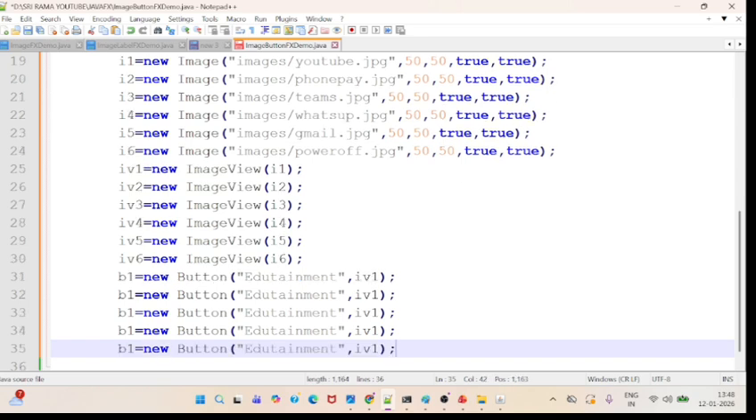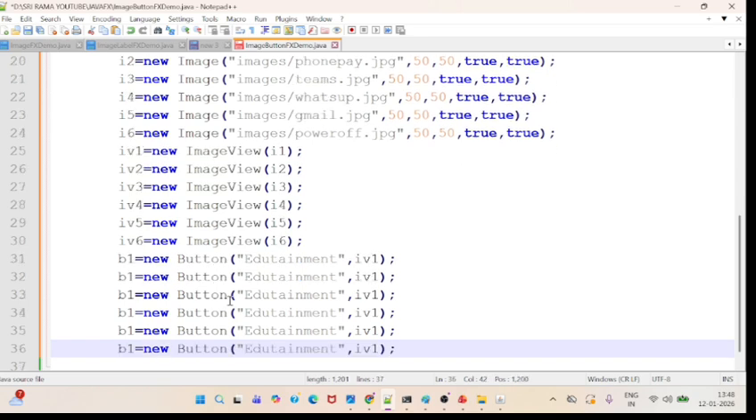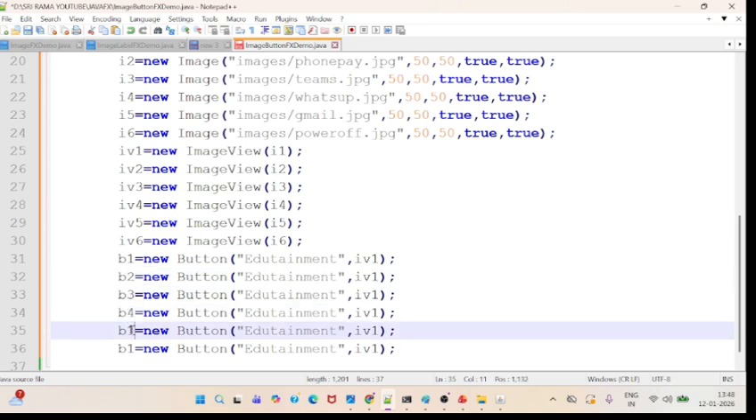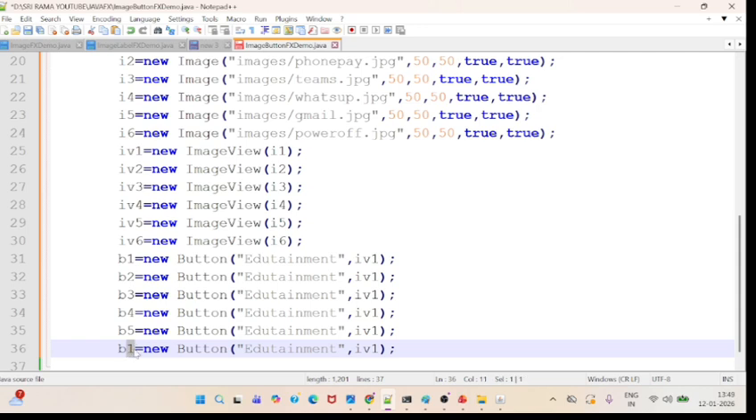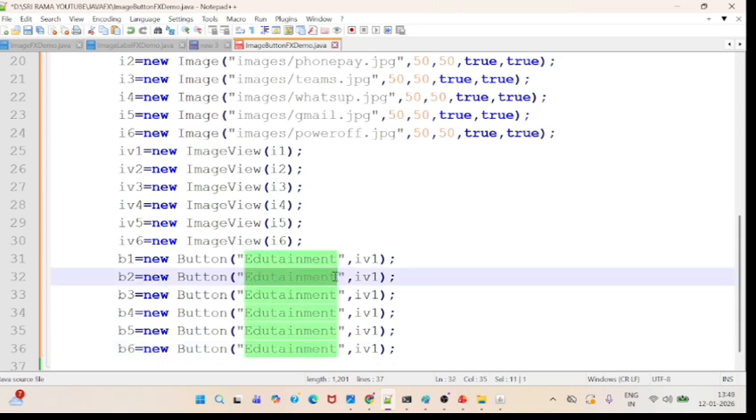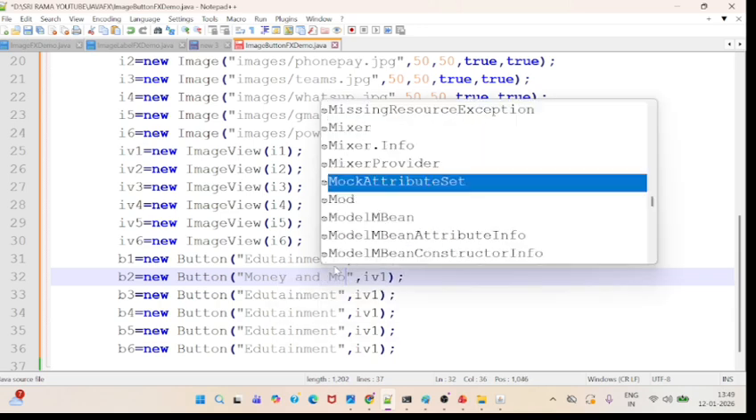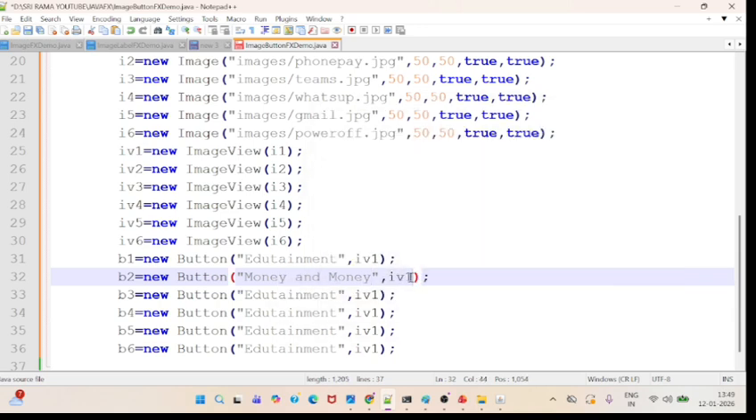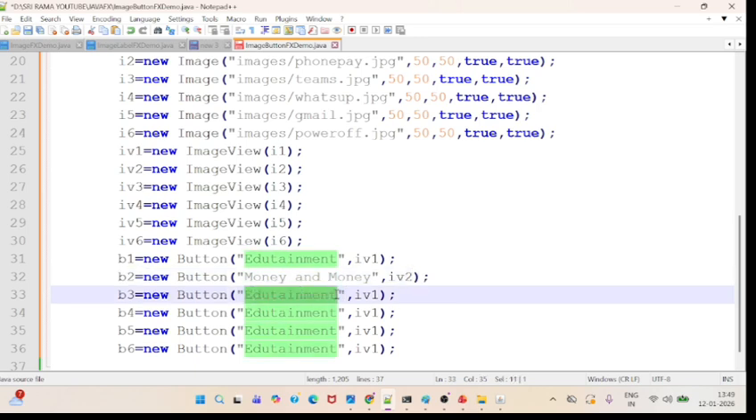B1, B2, B3, B4, B5, B6. Let us take B2, B3, B4, B5, B6. So the second button is IV2, PhonePe. We'll give the name as money and money. That is IV2. Next, for the third one, we'll give the name as